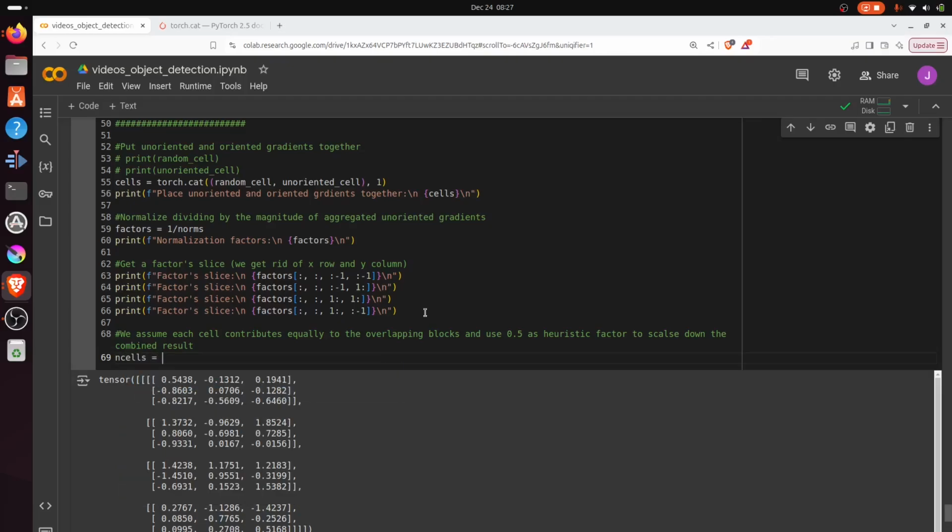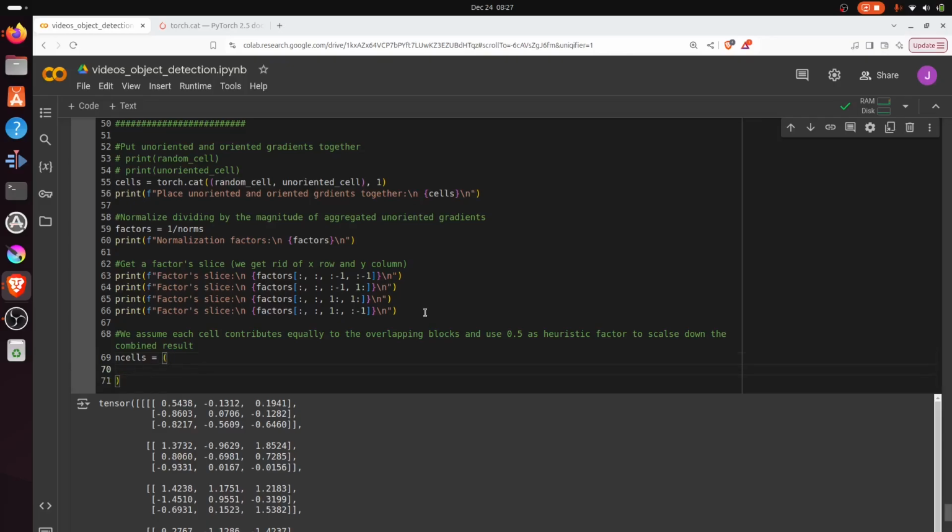What we're going to do is what we just said: multiply the original concatenated tensor by the factors. Take this factor, and remember that we're going to clamp it, so we need to include this within clamp,